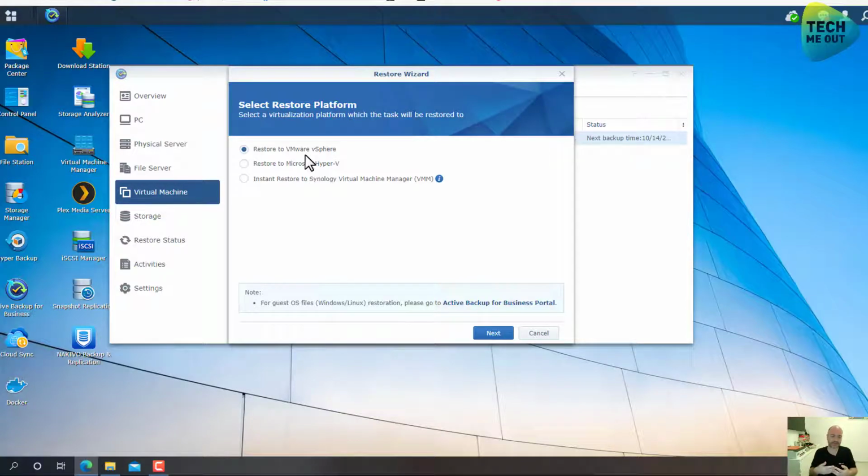Synology takes the restoration options a little more in a versatile way, and they also give us an option to instant restore to Synology Virtual Machine Manager. That means that if you maybe lost your ESXi server, and until you bring in a new one and install and configure it, you have the option to take the virtual machine and actually power it on in VMM, in Synology Hypervisor, and have the virtual machine running and functional exactly as it was before until you get the